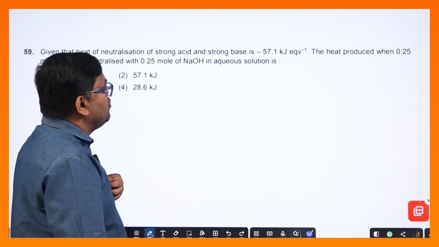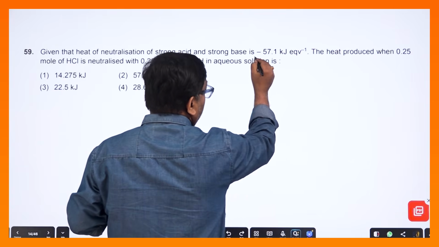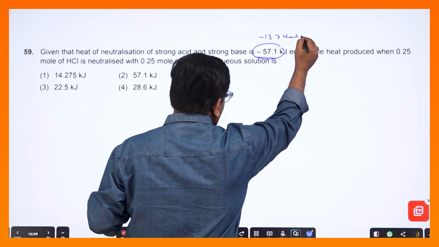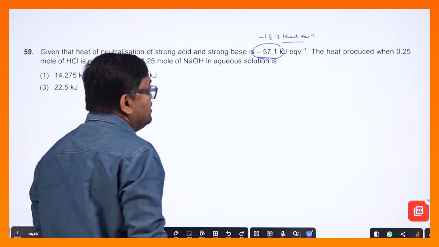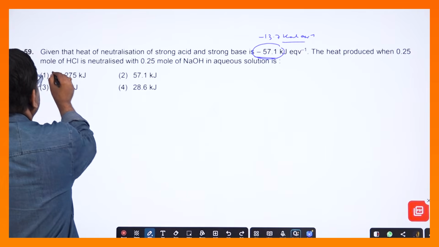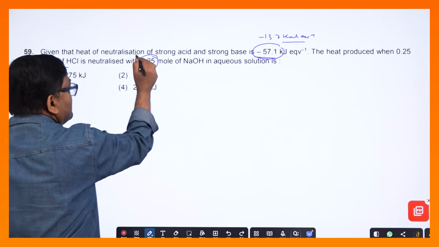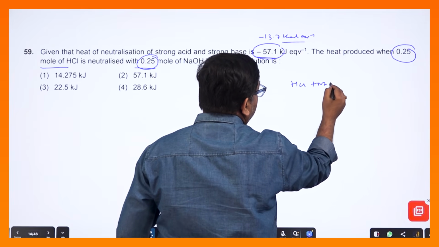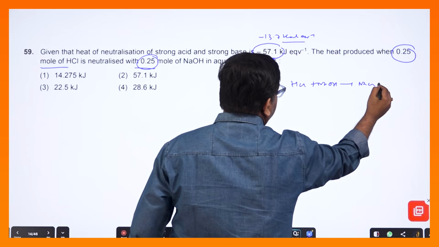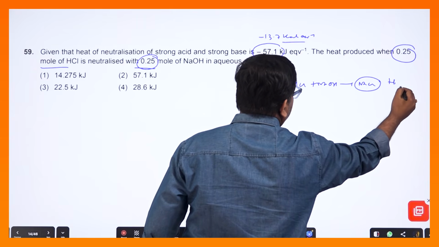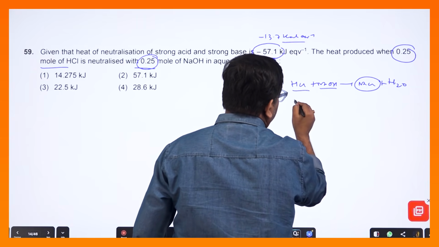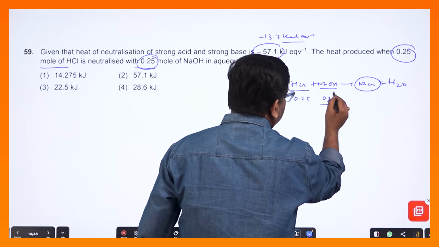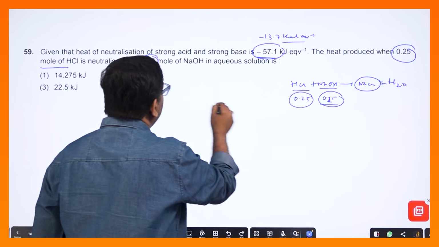গিভেন ডাটা হিট অফ নিউট্রালাইজেশন অফ স্ট্রং অ্যাসিড এন্ড স্ট্রং বেস দিয়ে দিয়েছে। এটা ক্যালোরিতে 13.7 কিলো ক্যালোরি পার ইকুইভ্যালেন্ট, এটা দিয়েও দিতে পারে। তা হিট প্রোডাকশন হয় এত মোল অফ HCl আর এত, দেখো দুটো সমান বলে দিয়েছে, পরীক্ষা অনেক সময় দুটো সমানও না বলতে পারবে, HCl প্লাস NaOH থেকে হয় NaCl আর জল। তাহলে এখানে যেহেতু দুটো সমান বলে দিয়েছে আমার অসুবিধা হয়নি, 0.25, 0.2 এরকম পরীক্ষা হতে পারে, 0.25, 0.25।